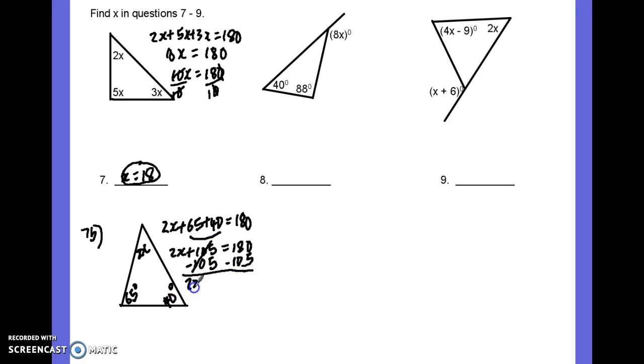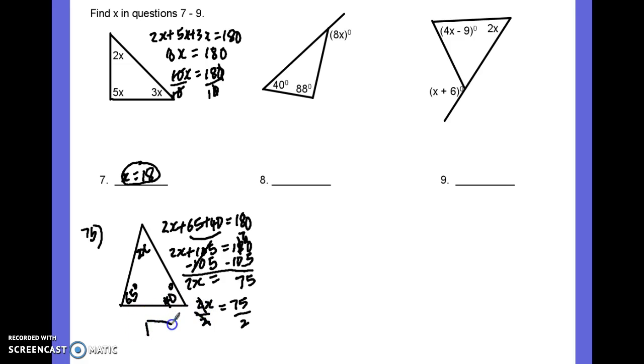So we have 2x is equal to, let's borrow 1 from the 8, leaving us 7, and the 1 we borrow makes us 10. 10 take away 5 is 5. 7 take away 0 is 7. So that's 75. And so we have x, we divide this side by 2. Divide this side by 2.